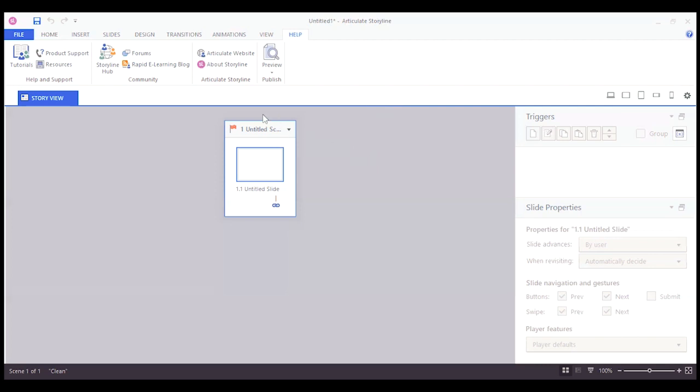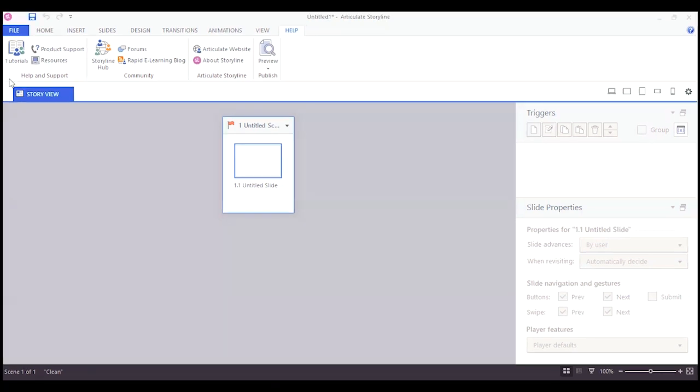So first, we can see what we have when we come to the help option. The first option is that you can look at the tutorials, and the most famous tutorials are from E-Learning Heroes. How it happens is that if you have a problem, you can go to their website and post your problem, and then within a few hours or maybe 1 to 2 working days, you will get a response from a community member, and they will try to assist you with your design problem.